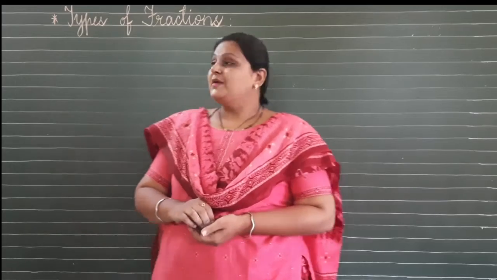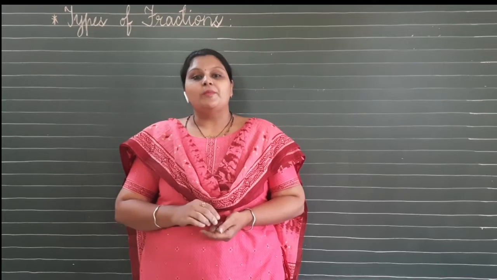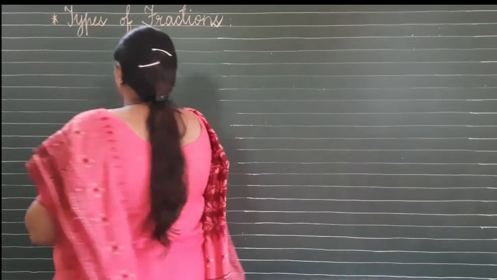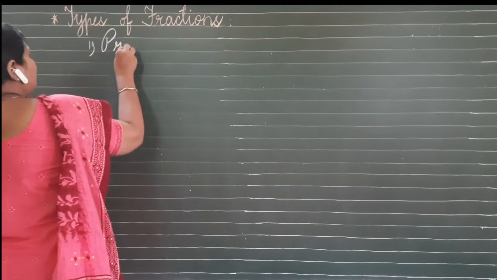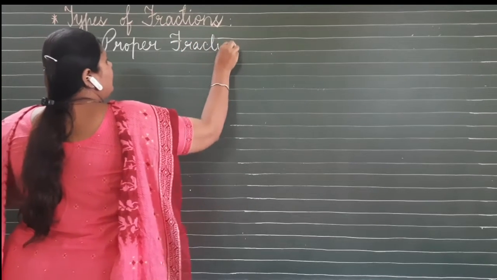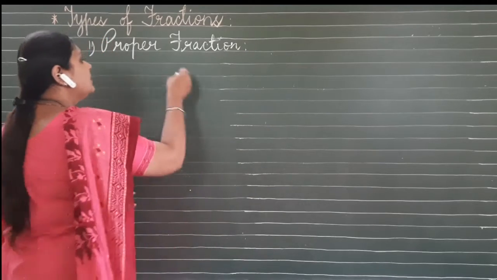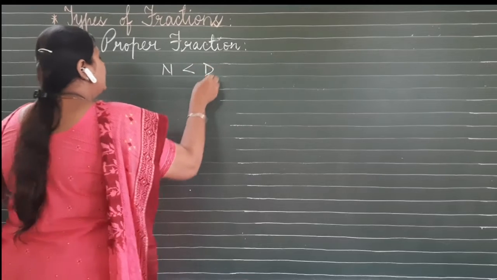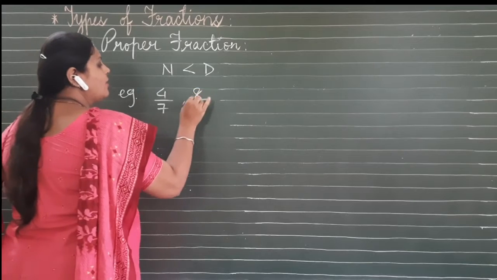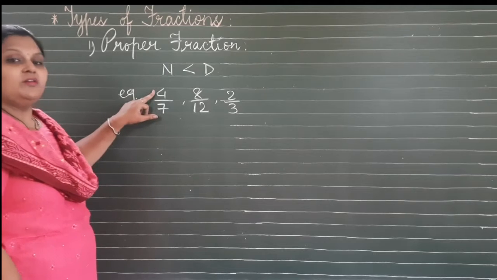Now let us see types of fractions. Basically there are 3 types of fractions: proper fraction, improper fraction and mixed fraction. Let us study one by one. So very first, proper fraction. In proper fraction, numerator is always smaller than denominator. Let's see example. 4 upon 7, 8 upon 12, 2 upon 3. So here numerator is smaller